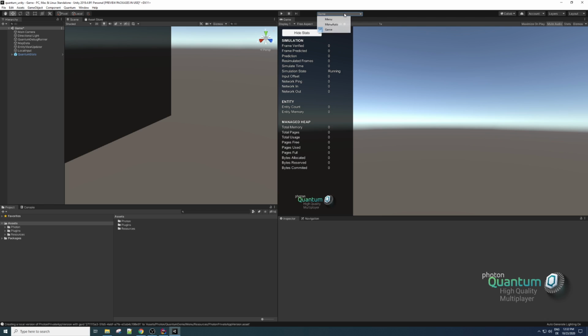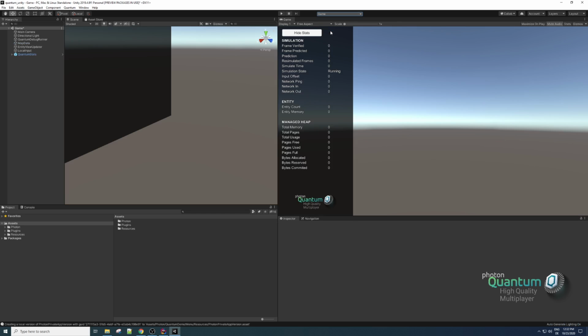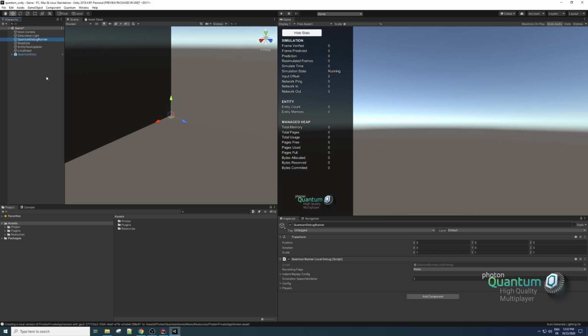With the initial project, we already supply you with a menu scene that lets you quickly go online, but you actually start developing the game with what will be the gameplay scene, and that's all set up already with the minimum Quantum requirements for including,